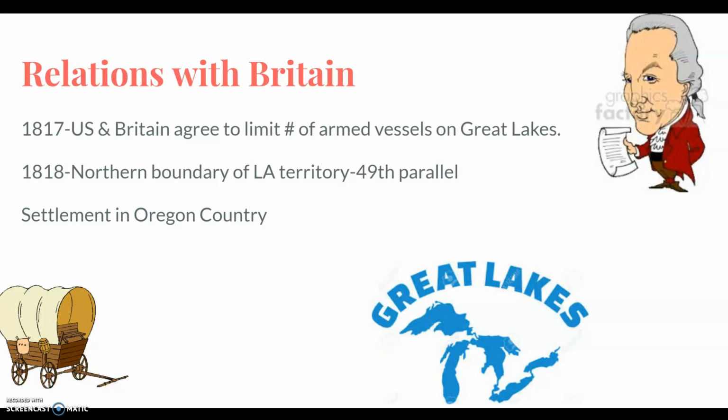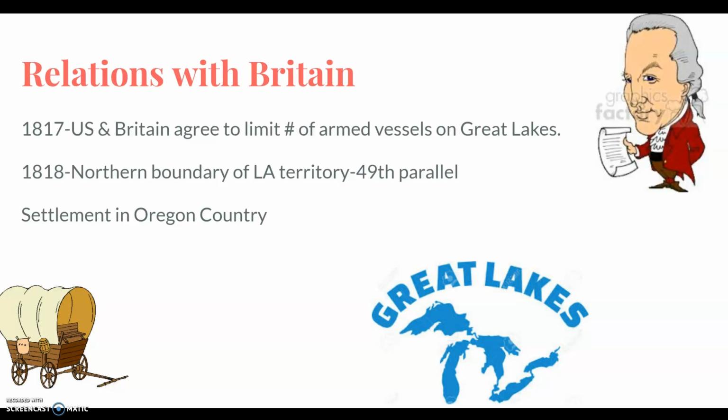start out by talking about relations with Great Britain. In 1817, there is an agreement between the two countries to limit the number of armed naval vessels that could occupy the Great Lakes, which is between the United States and Canada. Each country had to take apart or destroy the other armed ships on the Great Lakes that were no longer